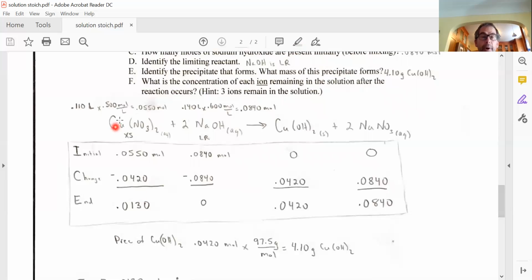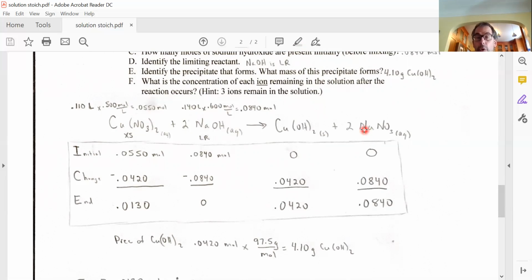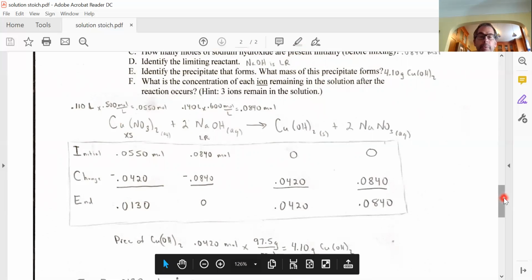So we do have copper ions floating around from here. We got nitrate ions floating around from here. This all sunk to the bottom. These aren't going to be excess ions. They're all part of the precipitate. But you have more, you have sodium here, and then you have more nitrate. So you have one source of copper, you have nitrate here and nitrate here, 2 sources of nitrate and 1 source of sodium. All the hydroxide sitting in the precipitate, so that's not going to be something you're going to